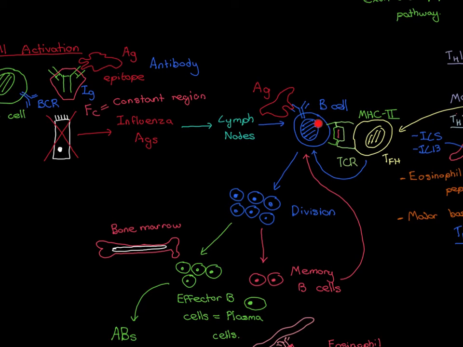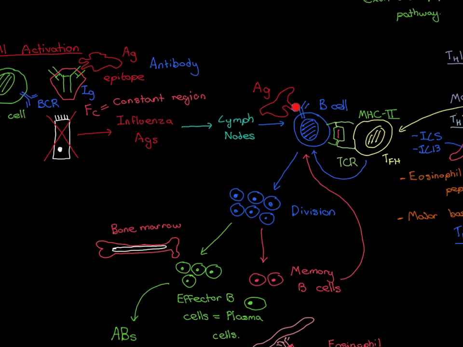So, here is an example of a B cell that has an immunoglobulin design that is directed against an epitope of one of the influenza antigens, and we follow the pathway for this B cell. However, concurrently, there'll be lots of other B cells directed against different epitopes of potentially different influenza antigens that will also be undergoing activation. Now, in order for a B cell to activate, it needs to receive help from a helper T cell, and this is a checkpoint because for this B cell to activate, you have to also have had T cell activation of T cells that are directed against peptide fragments of the antigen that the B cell is directed against an epitope of. So the B cell then